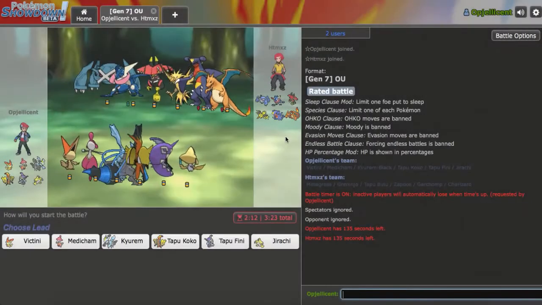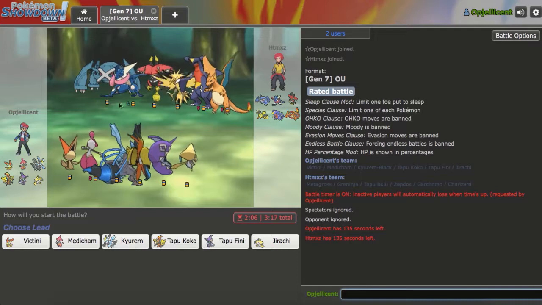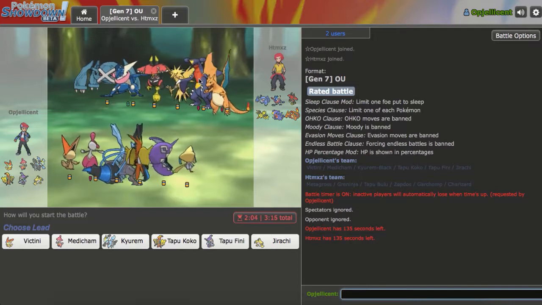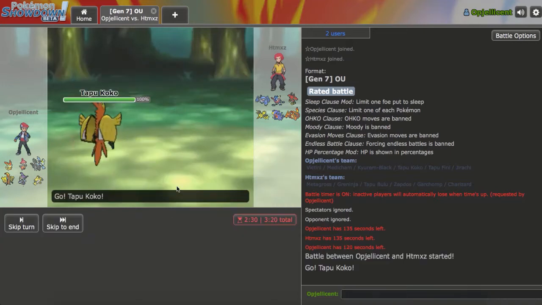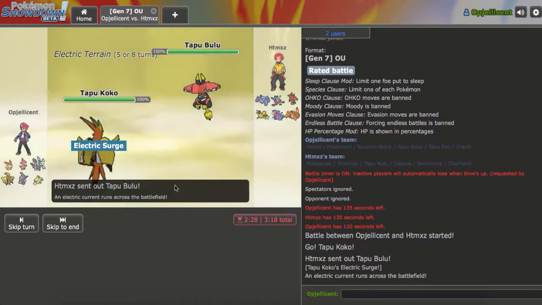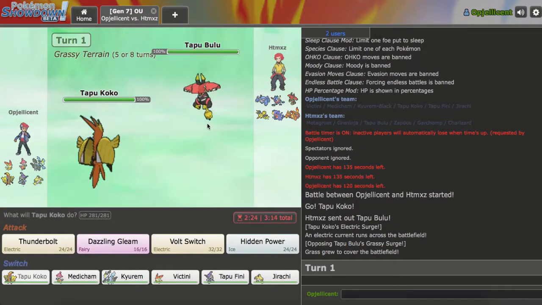Alright, we got another match right here. This guy has a regular Metagross and 0 Victini switch in, so that's what I like to see. I'm assuming he'll either lead Metagross or Garchomp, but he could also try to anti-lead my Tapu Fini, so I'll lead Tapu Koko. He leads right off with Tapu Bulu. He'll get up his terrain for now because he obviously is slower, and that means he's not Choice Scarf, so